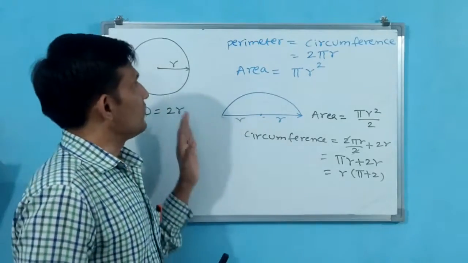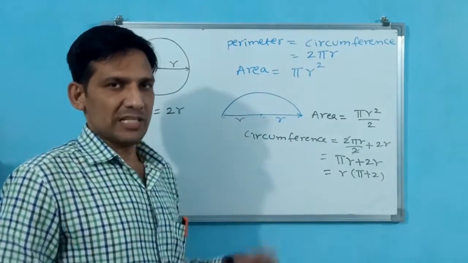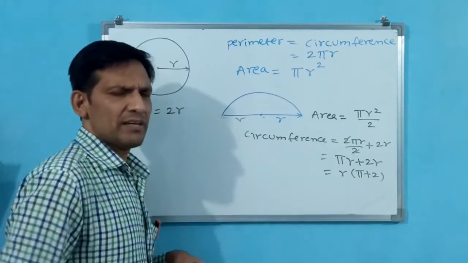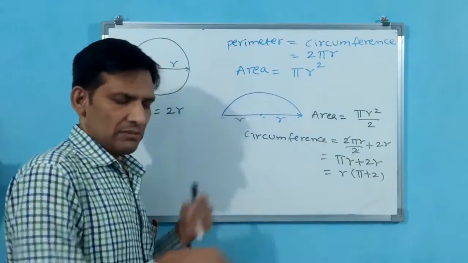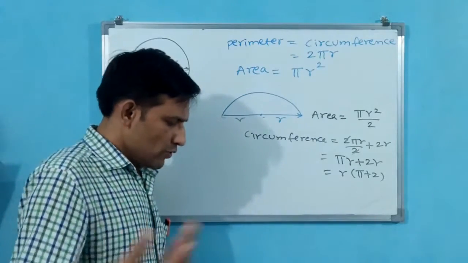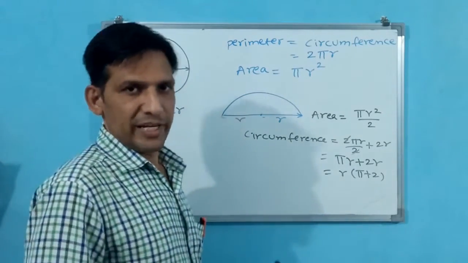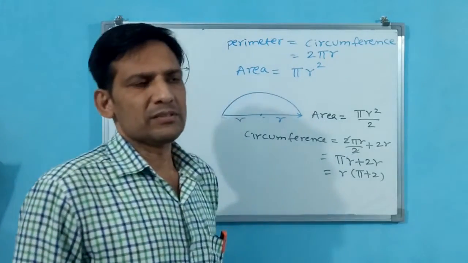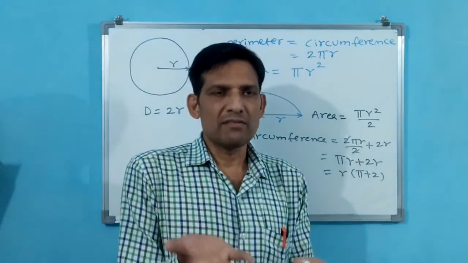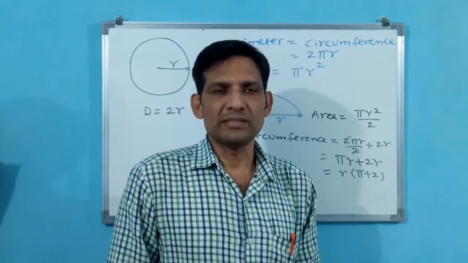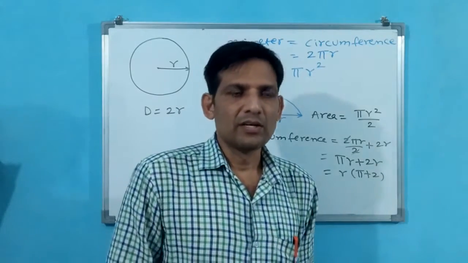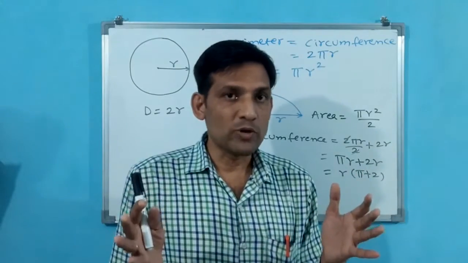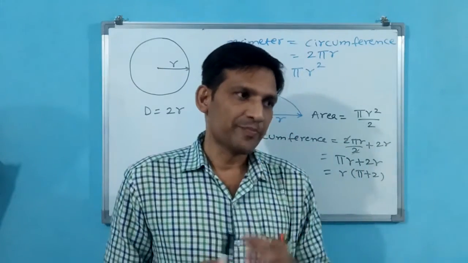Now we have completed two-dimensional figures for mensuration. Two-dimensional figures means only area and linear dimensions will come. We go for three-dimensional figures. In three-dimensional figures, volume also will come. What are three-dimensional figures? A box is there in our house. A box is a three-dimensional figure. Square and rectangle are 2 dimension, but a box is not 2 dimension. A box is 3 dimension.